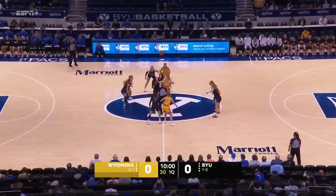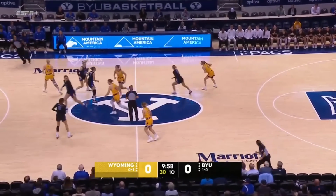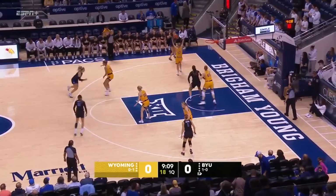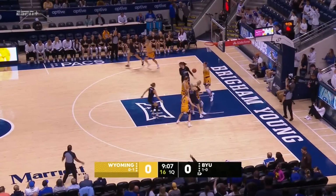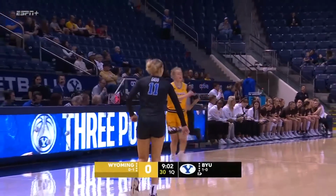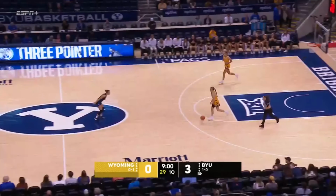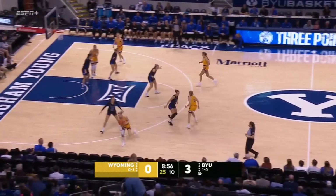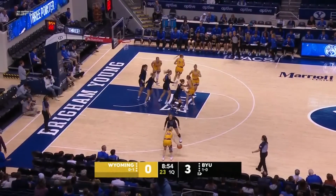Cougars in the all-black with royal trim, and we are underway as Furtick. Henry Congdon, huge three-pointer down the stretch for BYU. First shot for Delaney Gibb is smooth from the corner, 3-0. Good patience by BYU, and when they're not pushing the ball, that's what they have to do in the half-court set. Really get some good ball movement, as we saw the freshman Gibb running underneath and finding an open spot